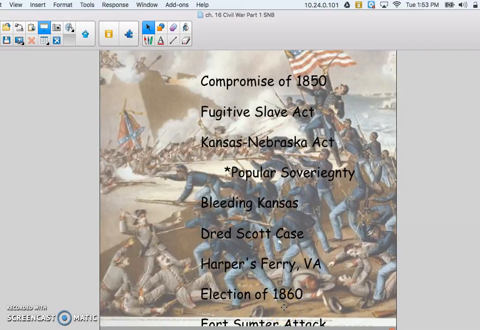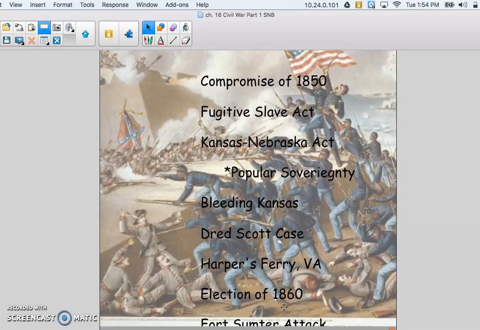The election of 1860 did not help matters either. We had 3 Democrats, remember, run against the 1 Republican. Actually, it was 2 Democrats, 1 Constitutional Party guy who didn't really have a view on slavery, and then the Republican Party. Remember, the South thought of them as the black Republicans because they were supporting the black cause and anti-slavery ideas. So Lincoln wins the election. He only had 40%, but he wins, and the South has none of that.